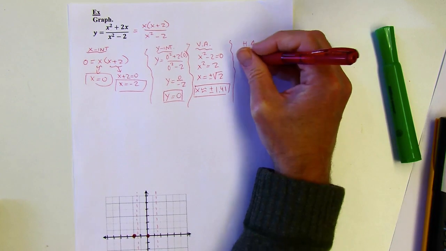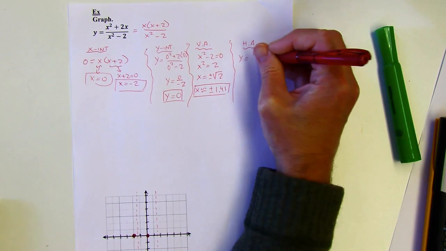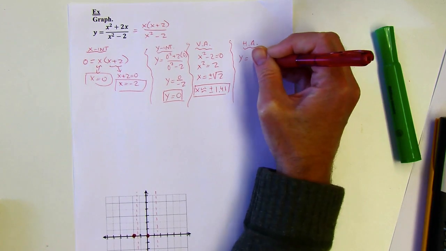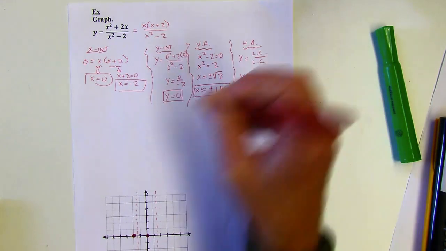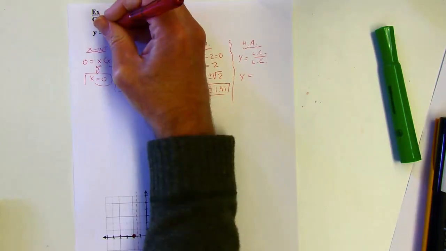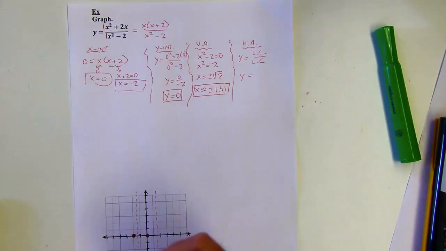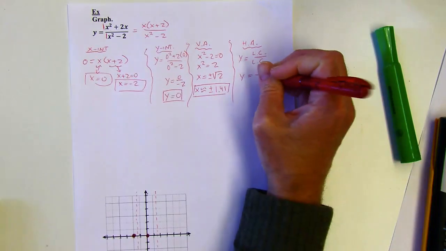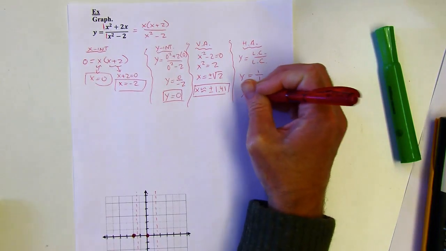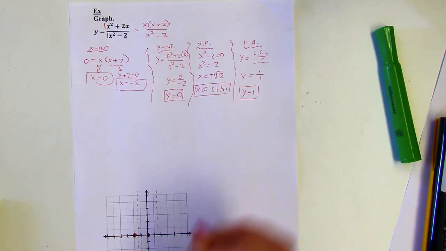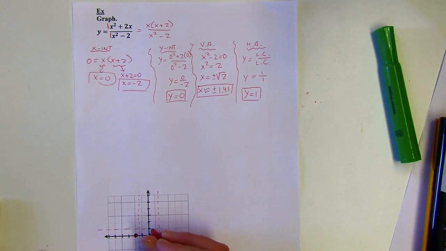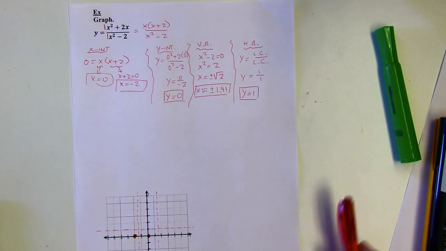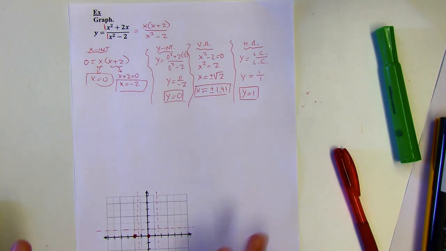is going to be, that's when I do y equals the leading coefficient over the leading coefficient. So in this case, my leading coefficient for both the numerator and denominator is 1, right? So 1x squared, 1x squared, and that simplifies to just y equals 1. So I'll plot the line y equals 1. And this one is a little strange when we look at this, but let me get to the graph